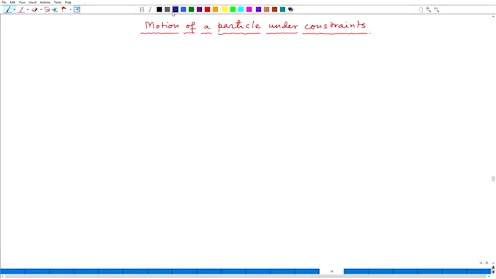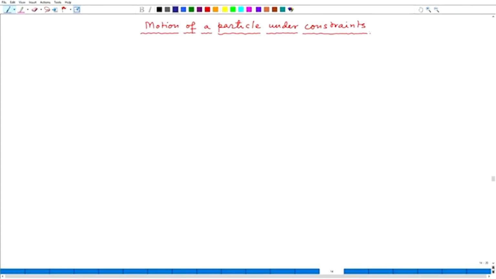So, we will make some concrete examples in today's lecture, and around those examples we will discuss the concept of constraints. We will try to understand how constrained motions take place in nature, and how according to the different nature of the constraint forces we can differentiate or classify different types of constraints or different types of motions. So,